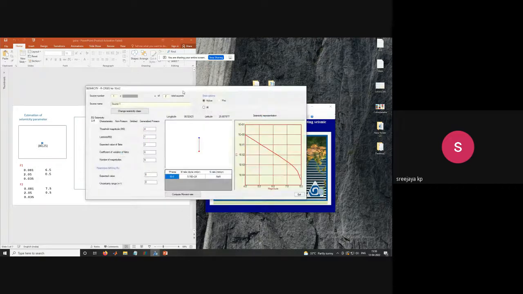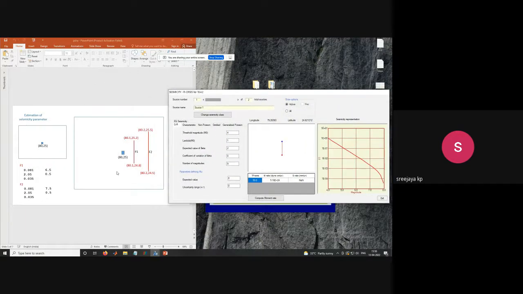Next, we have to give the source seismicity. So here come the recurrence parameters. Whatever we have estimated, we have to input. So as said, we have two faults. For the first fault, I am considering the Gutenberg-Richter model here. If you want to change the model, you can change the seismicity class here, and accordingly you can modify. So the threshold magnitude is 4, and the lambda value estimated previously, I am giving the same value here,